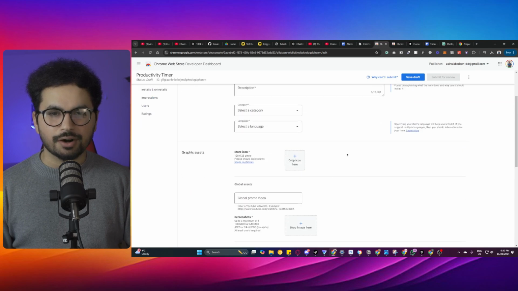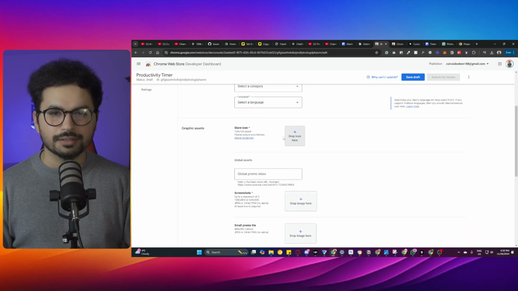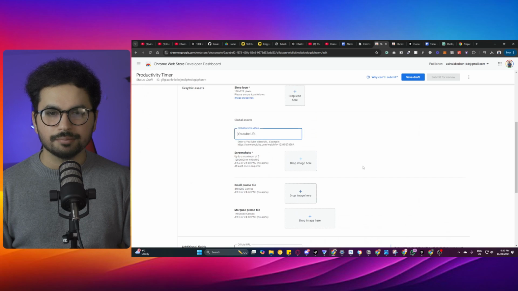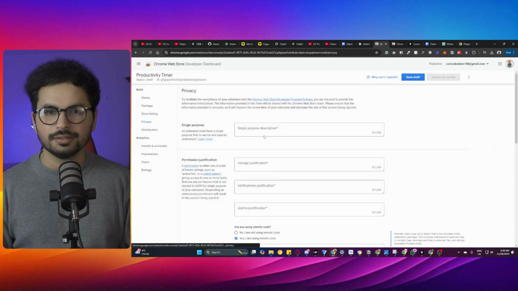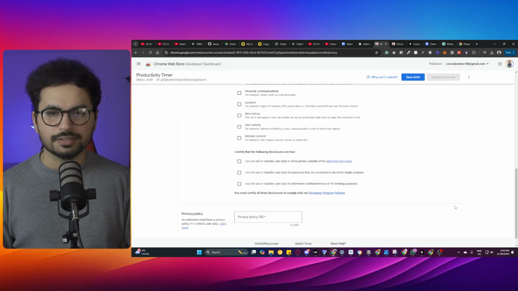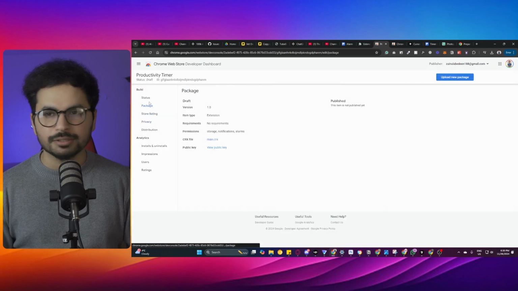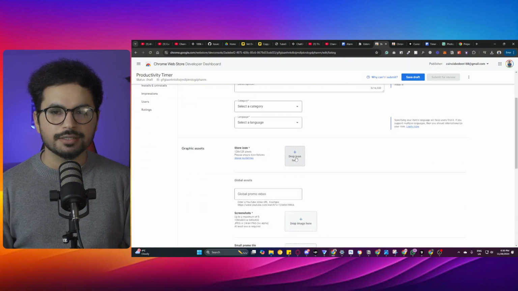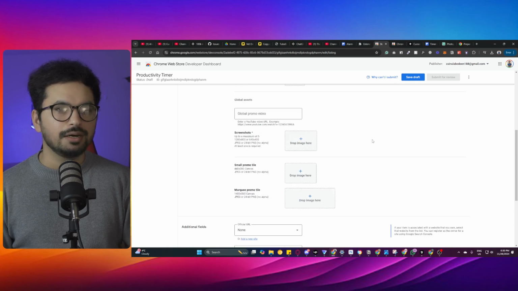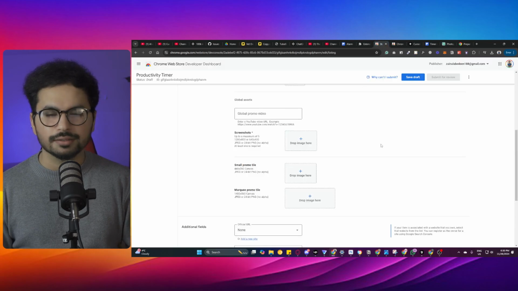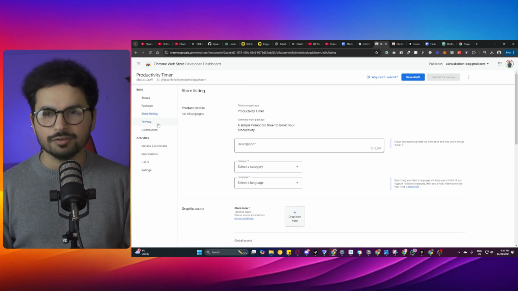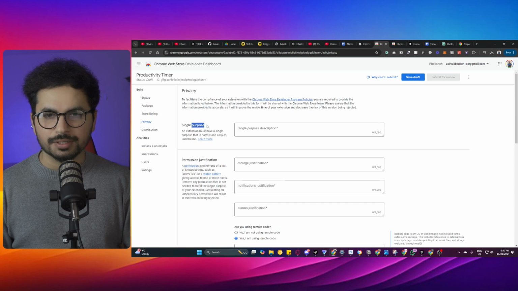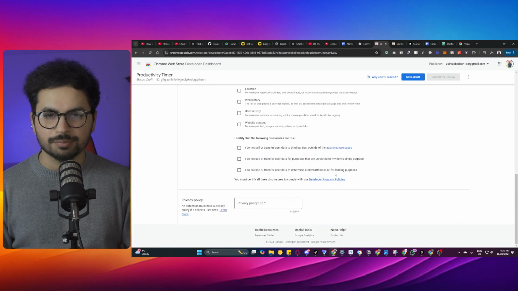I still have it in draft because I need to write a description, then add the icon, a promo video, and all of these images. These are simple details, and you can use ChatGPT for that. There's no need to do it all yourself. You can use ChatGPT, and then create these icons and images in Photoshop, Photopea, Canva, or any similar tools. It will also ask you to write your privacy policy